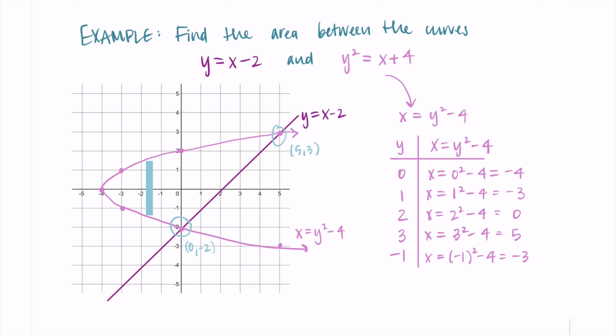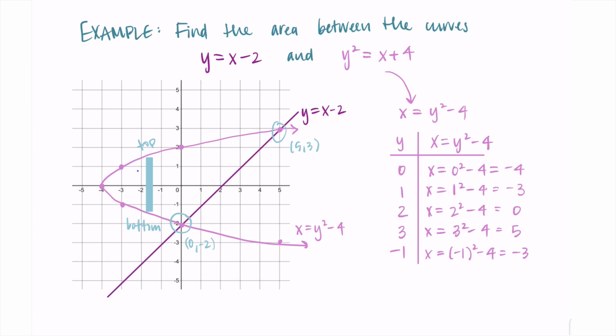And we would find the top function and the bottom function. But it's kind of weird what's happening. As we take this bar and go through the function, the top and the bottom function change. As we go to the second part, now the top function is the y squared minus 4, and the bottom is this line. So it's weird, like what's happening. It's changing which one is the top and which one is the bottom in the middle of our shape. And specifically, even if we look back at this first section,